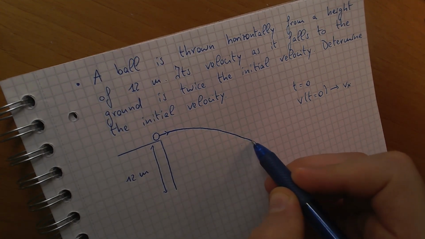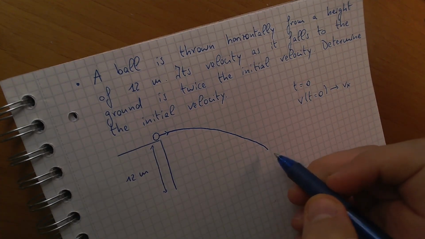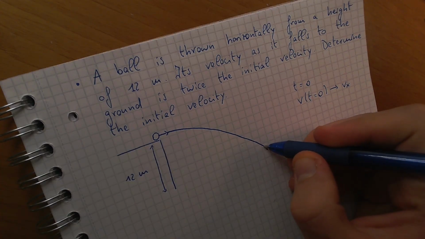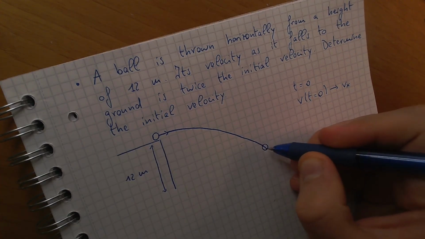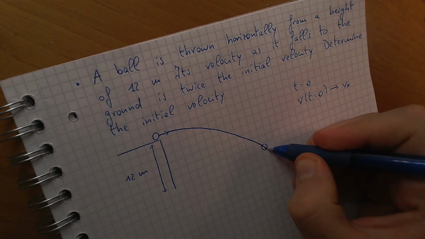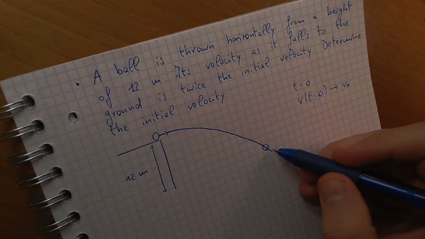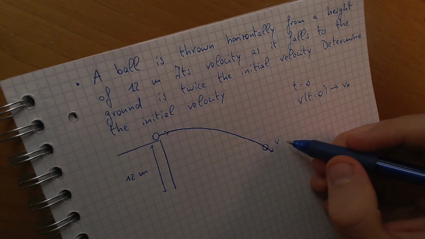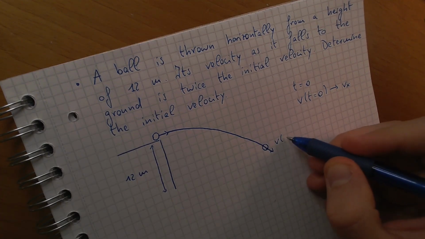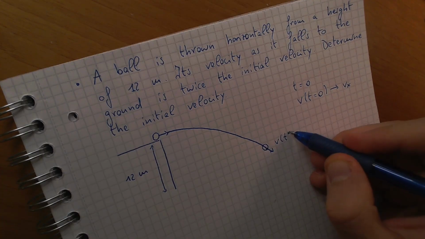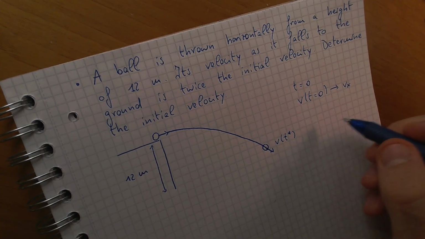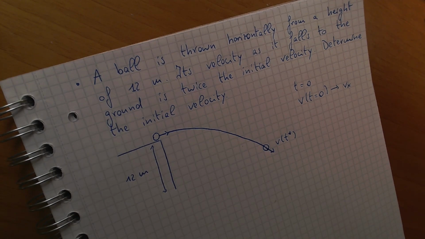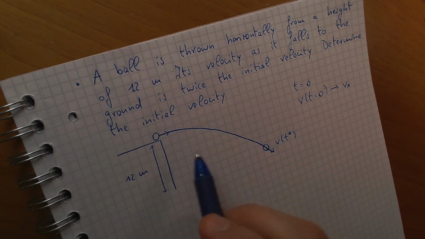The path is more or less this, a parabola, and at the end the ball will be here, and as it touches the ground, the velocity is this one, the velocity v at time, let's say, t star. Okay, so t star consists of the flight time,